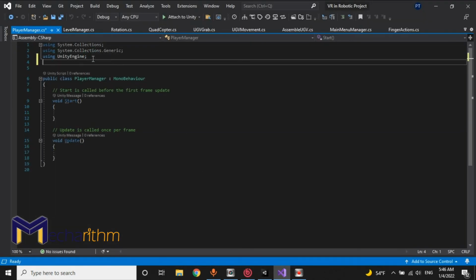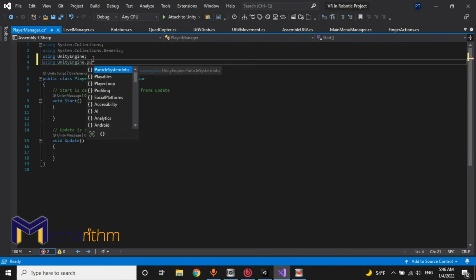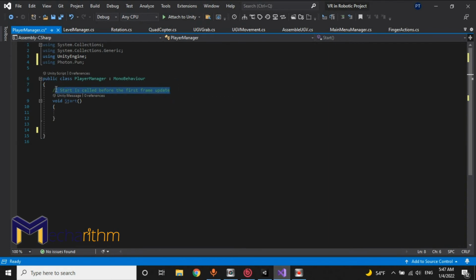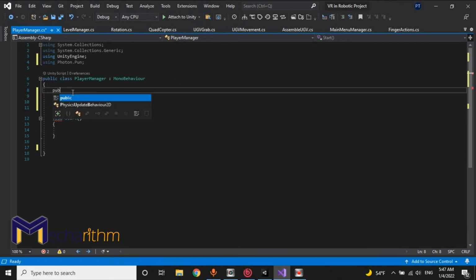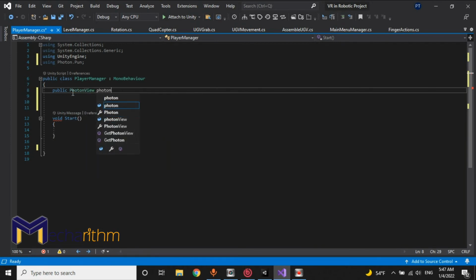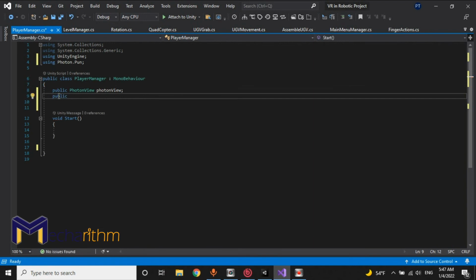In here, we have to call using UnityEngine, sorry, Photon.Pun. Okay, and we don't need this part, but we will need Start, so we'll keep it. In here, we will call public PhotonView, the name of it, and public GameObject OVRCam. Right,